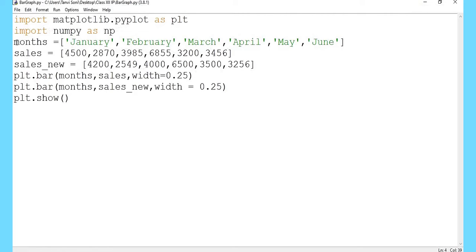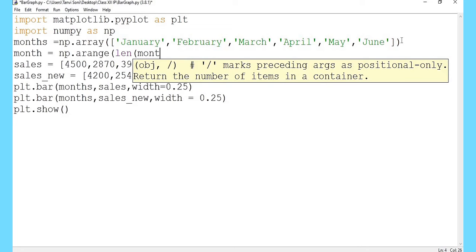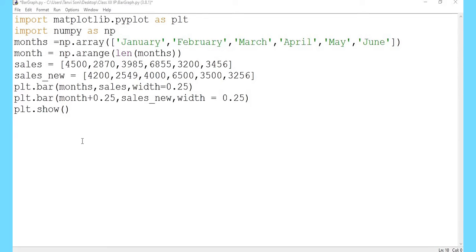But months is a list of string values, which cannot be added.